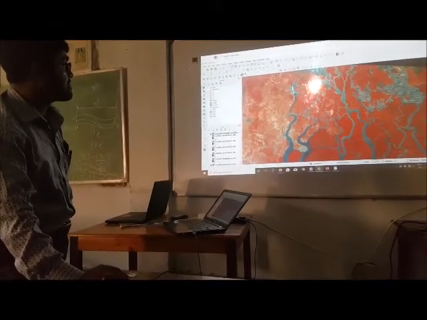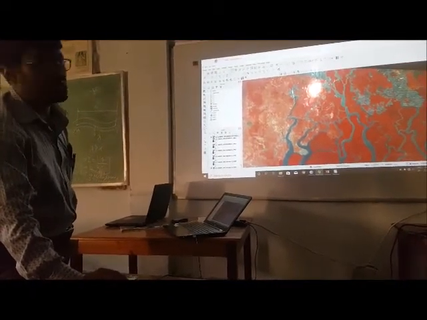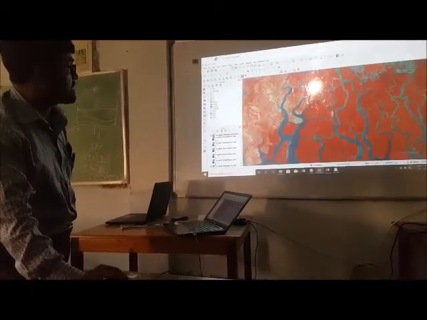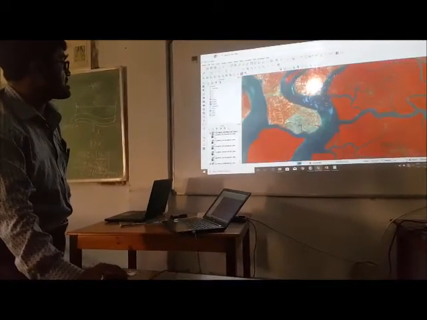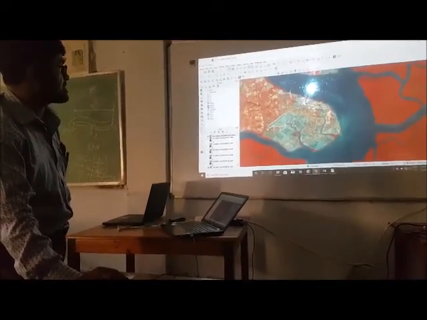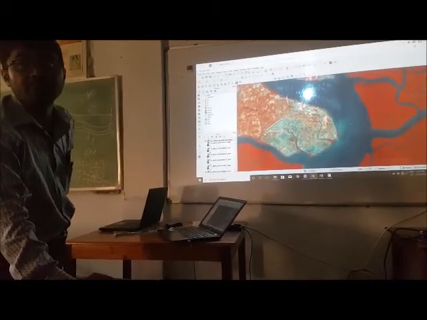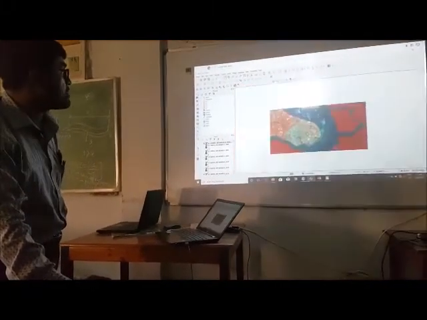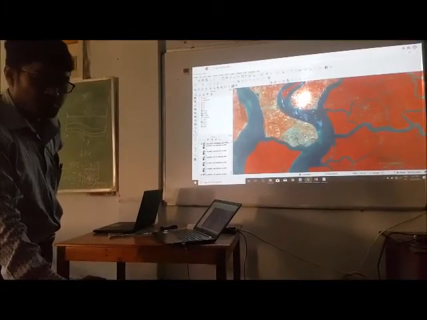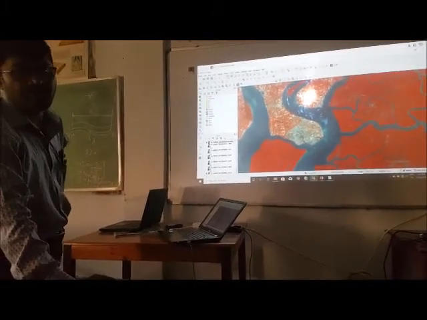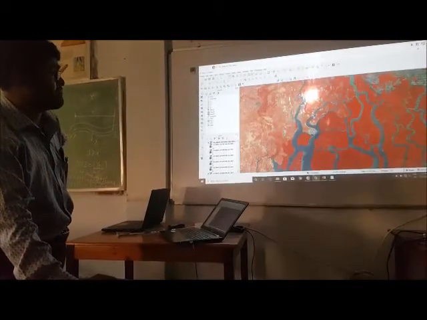Now these parts are agricultural lands. This is a part which is now a shallow water body, which was mangrove forest previously.